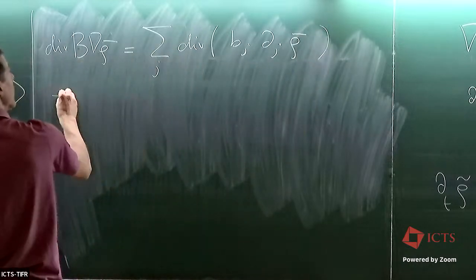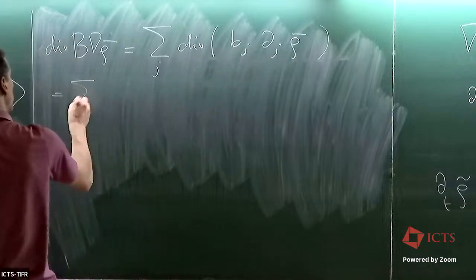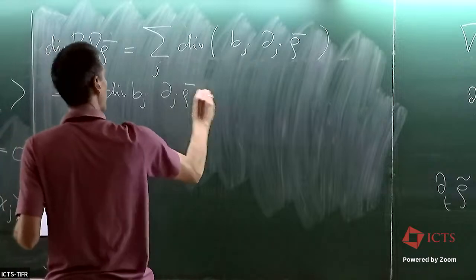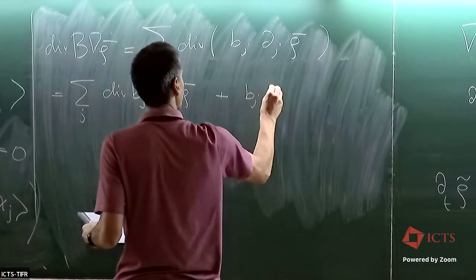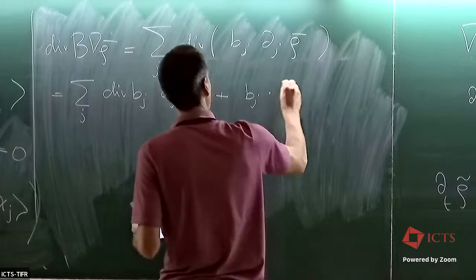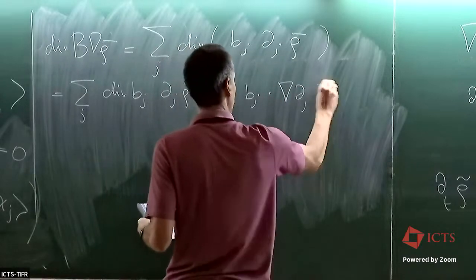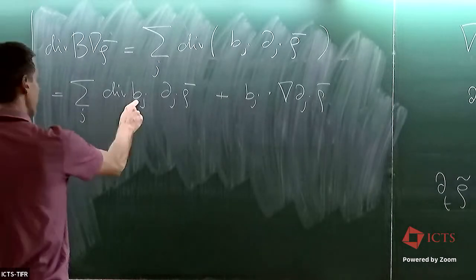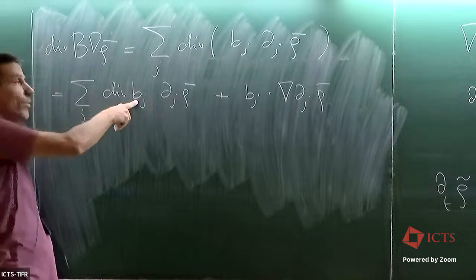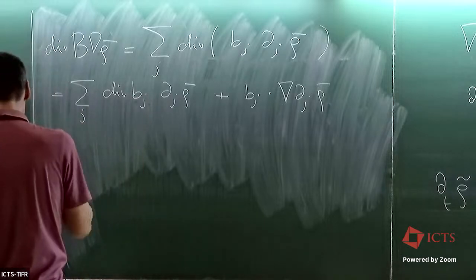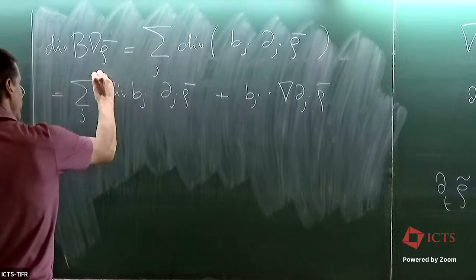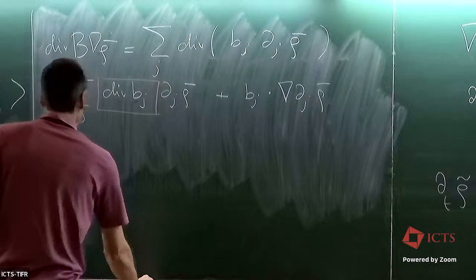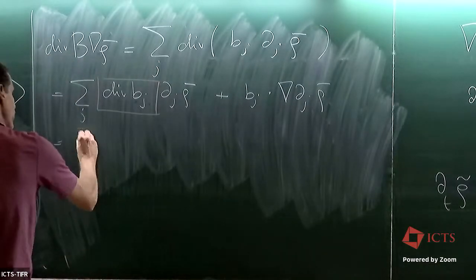And now, by just the product rule, this is divergence of bj times dj rho bar plus bj scalar product with gradient dj rho bar. Right? And now remember, it's the bj which has the slow and fast. So I can separate this term, this is the main term to worry about, into a term which has a lambda,